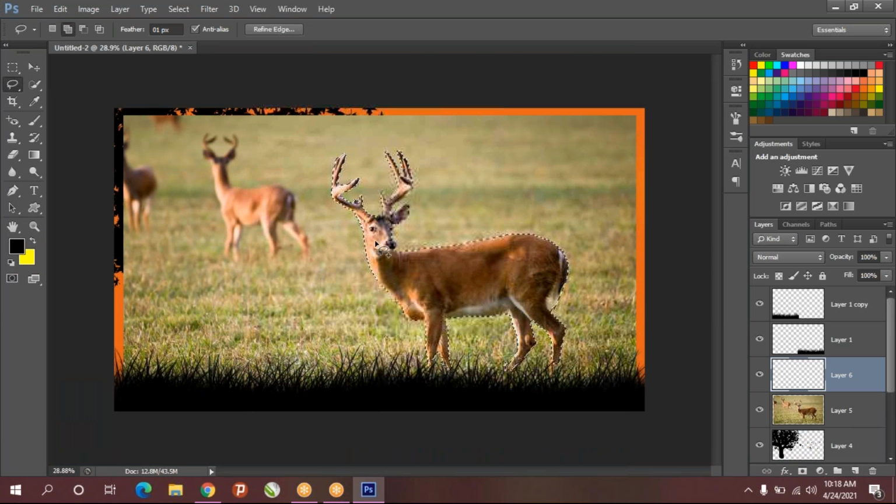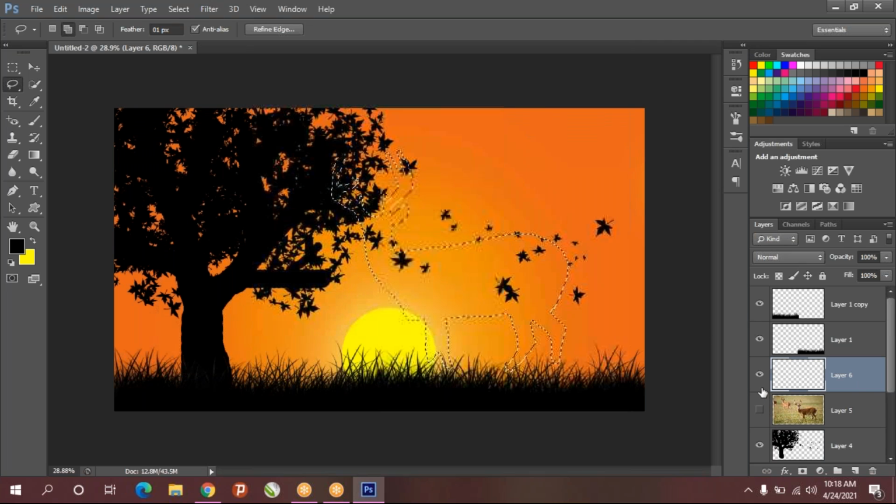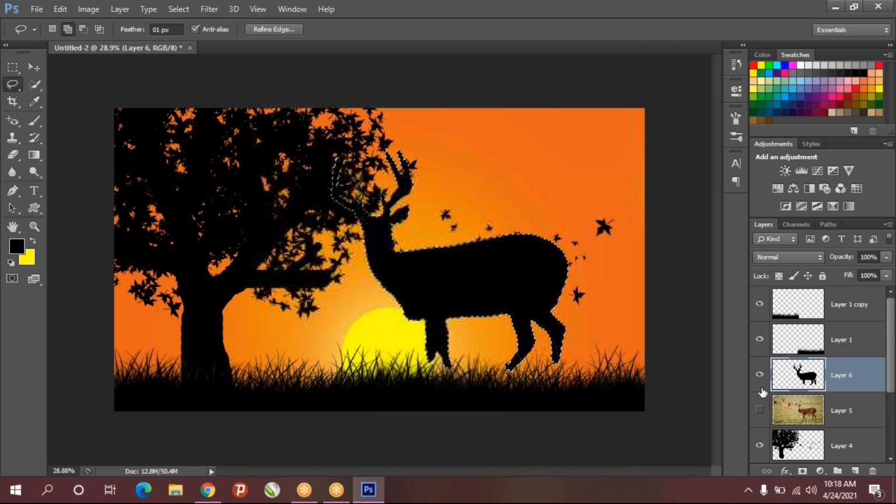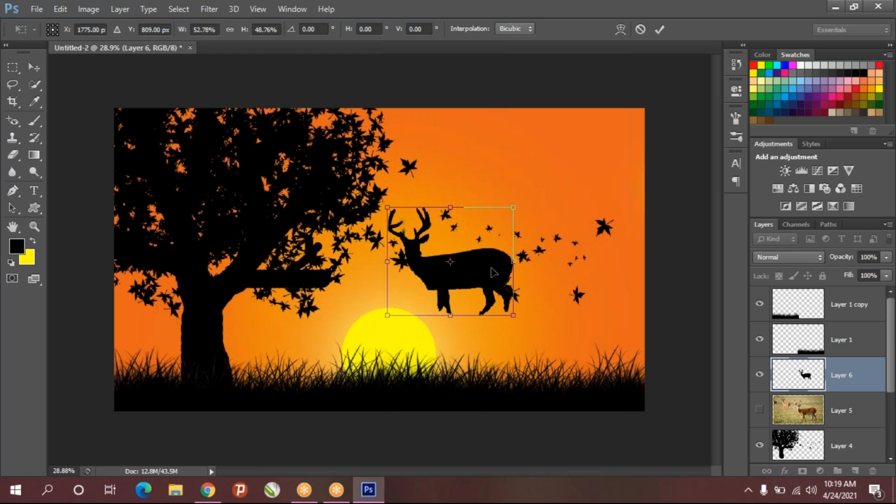Create one new layer roughly after you selecting. Now fill with black color, all backspace. Control D and press Control T and reduce the size.